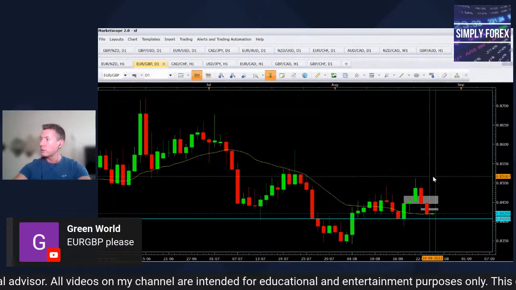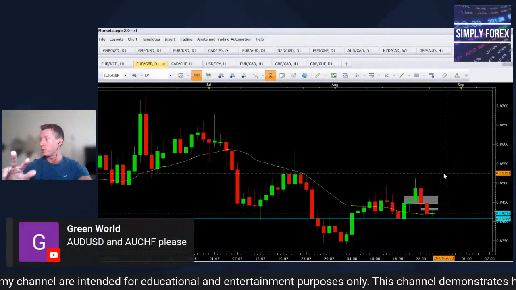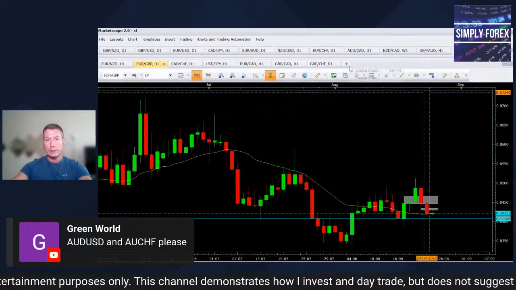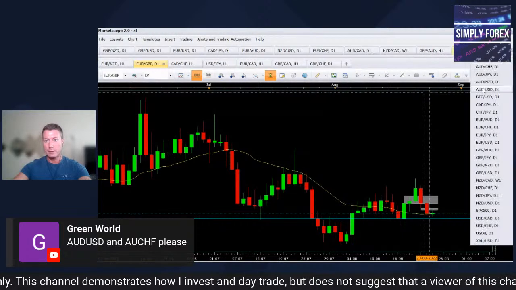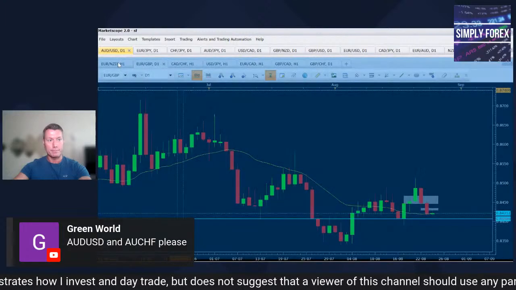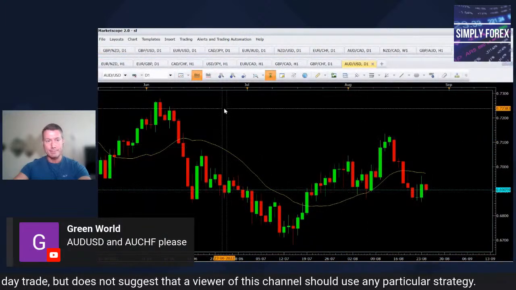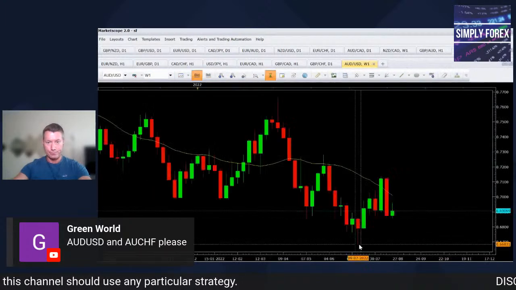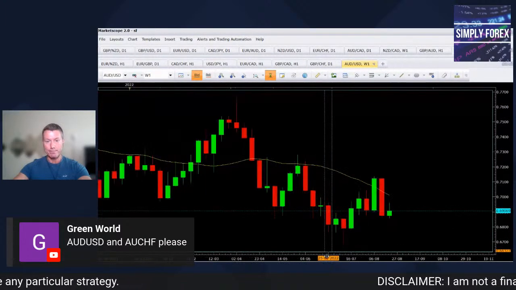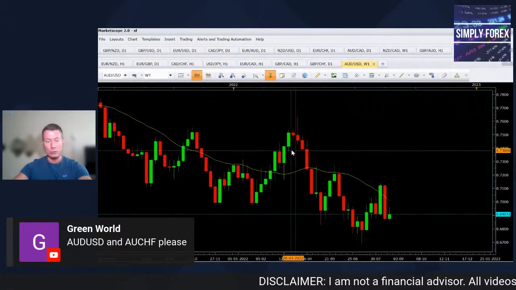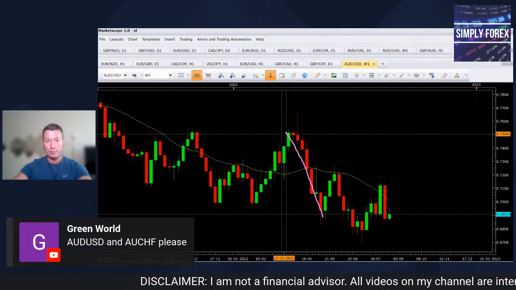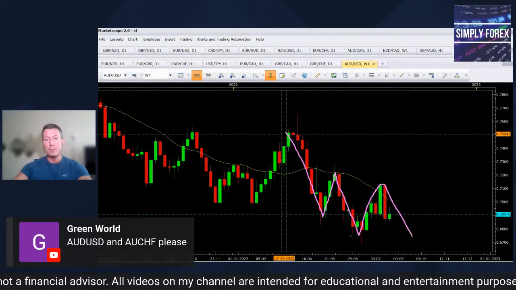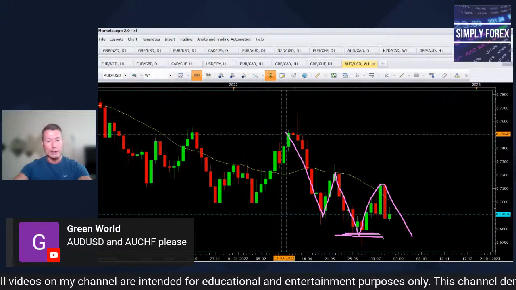And Aussie dollar, US dollar, Aussie dollar Swiss franc. These are the last two I'm going to do, guys, and then we're going to get some people on. Aussie dollar, US dollar. Day chart. Right, Aussie dollar, US dollar. Okay, the problem with this one is that daily candle. Look at that daily candle. Weekly structure is in a downtrend. Lower lows, lower highs, lower lows, lower highs. So what's stopping it from coming back down to here? On the weekly chart.